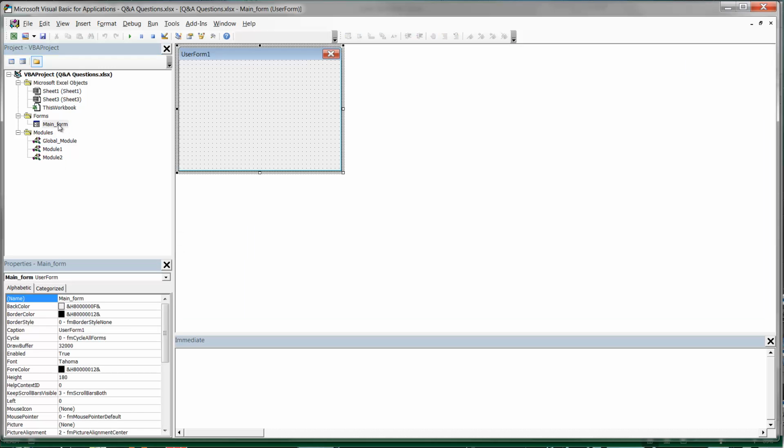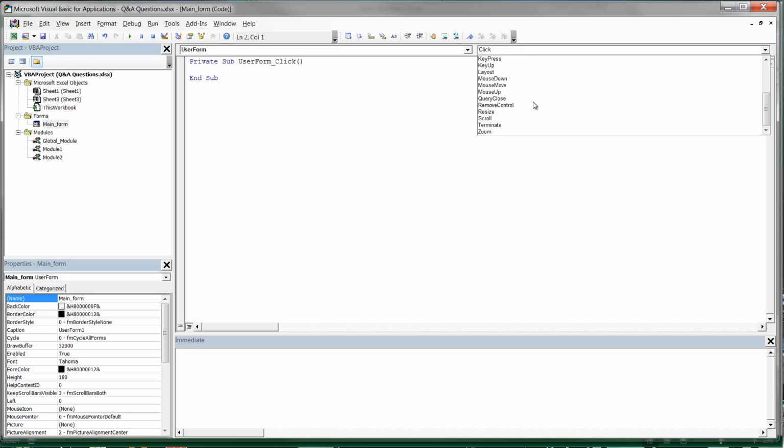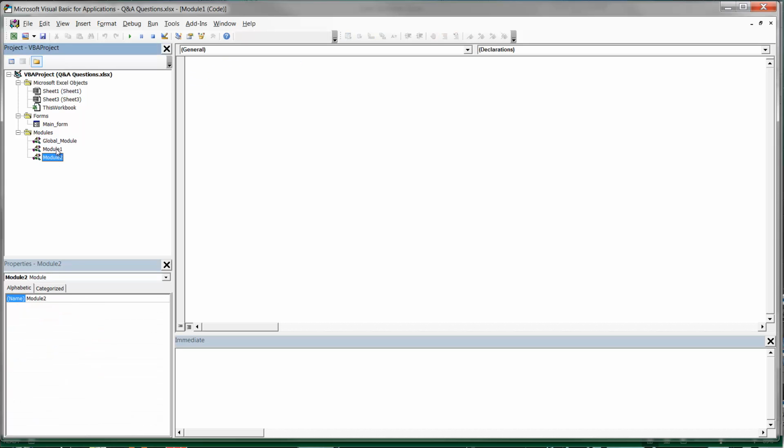The form will just be kind of button clicks and things like that, generally just events that happen off of it. So anything you see in this list, generally these are the ones that go in the sheets and the forms, and then everything else goes in the modules. And then last but not least, obviously, class modules go off in their own class ones, but